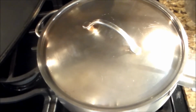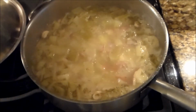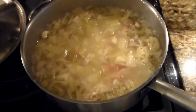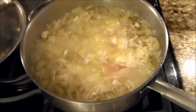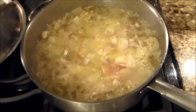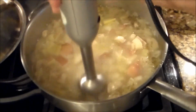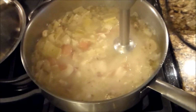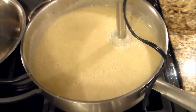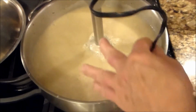Okay, I'm going to raise the flame just a little. I hope it's done now because I'm getting a little bit hungry and I want to finish up here. I'm going to take the speed stick here, blend this up, see what the consistency is. This will take a few minutes, but so far I like it. So let me do this and turn this off for a second. It's taken a few minutes for me to get to this point, but once you see